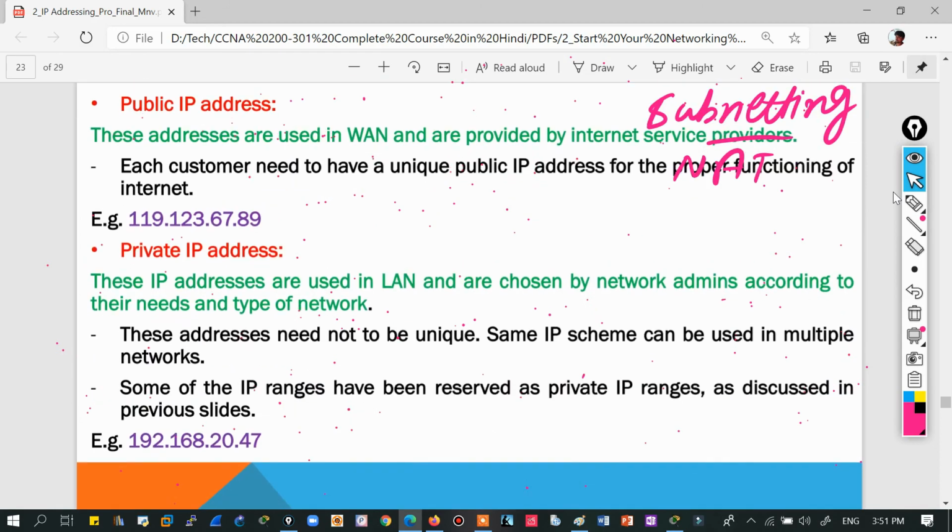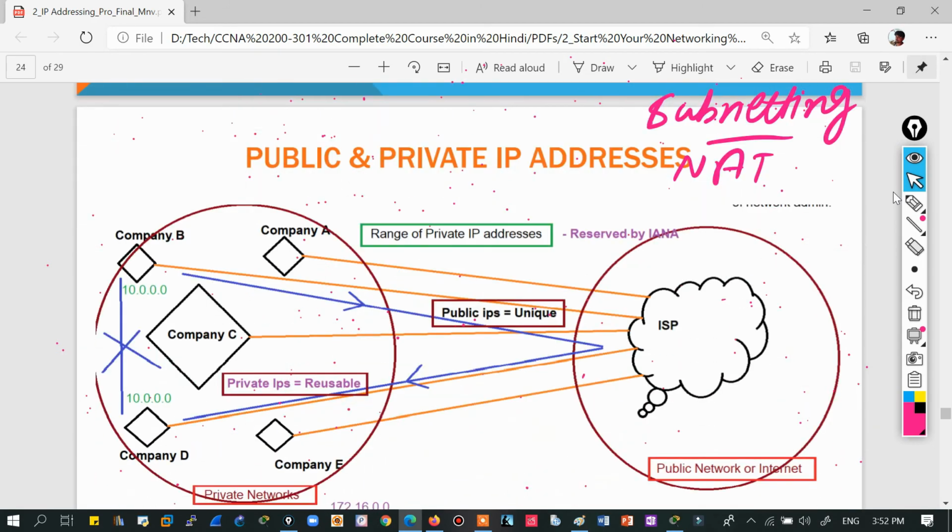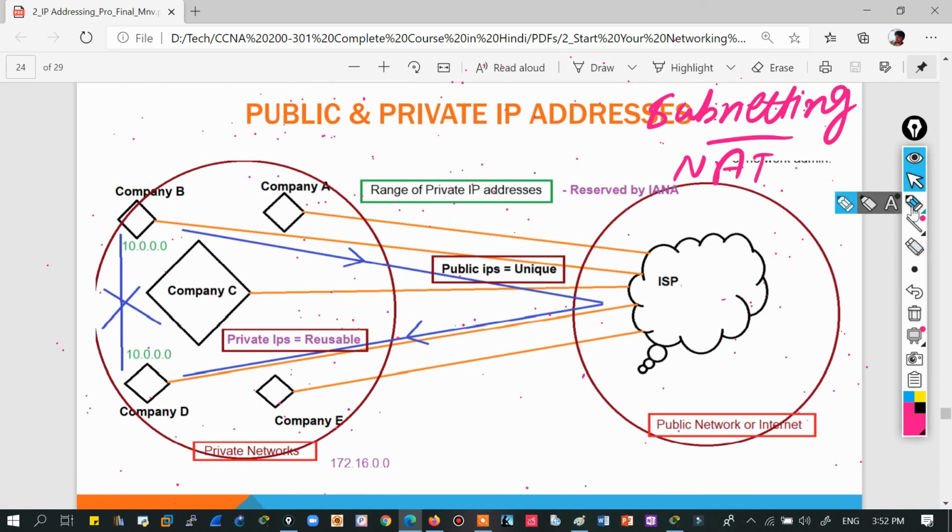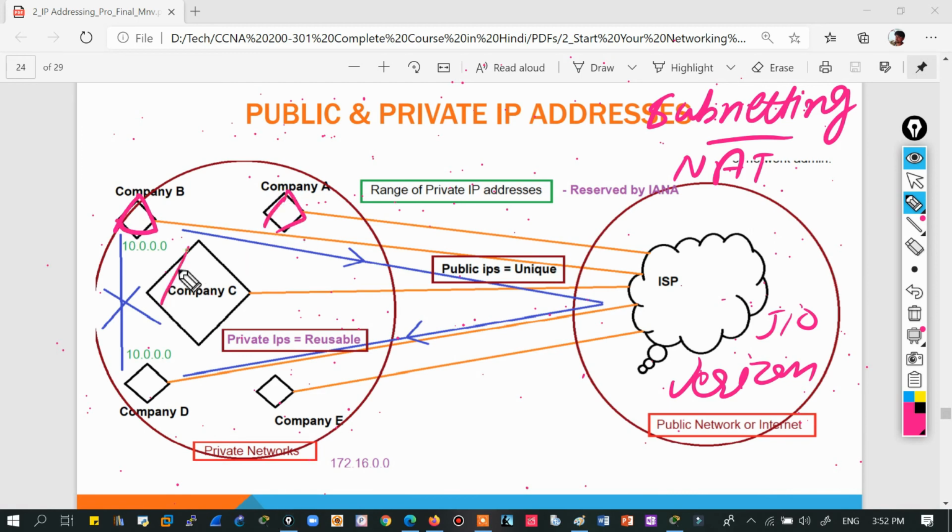So there should be some diagram before, yes, like this. So let's take the example of this ISP. This is an internet service provider. It can be Jio, AT&T, Verizon, any service provider, maybe tier 1. And these are some companies: company A, organization B, companies C, D and E. They need 100 users, 100 IP addresses, 1000 users, 1000 IP addresses, 10,000 addresses. They need IP addresses in a nutshell, so they will contact their service provider.